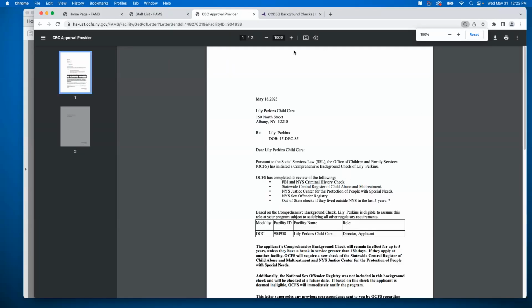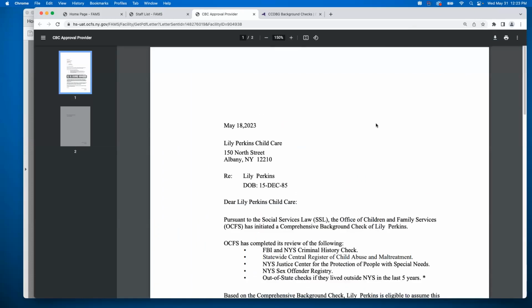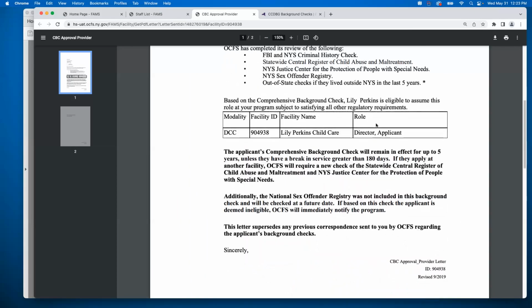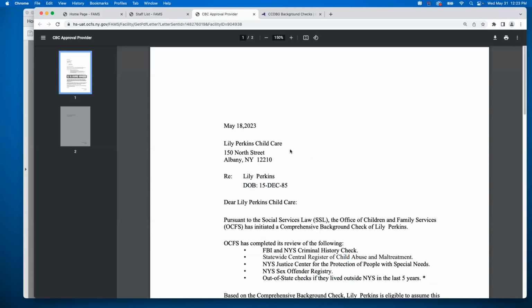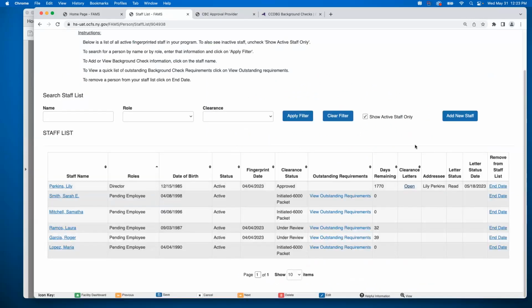Now, this is the same clearance letter that you got, make this bigger for all of you, back in January or February, just the process has moved online. So I think that's the really important thing to remember here is that the process has just been moved online, but everything else has stayed the same. But instead of mailing that packet to your regulator, you'll enter that information here instead. You'll see who that letter was sent to, when it was read, and a date associated with that.